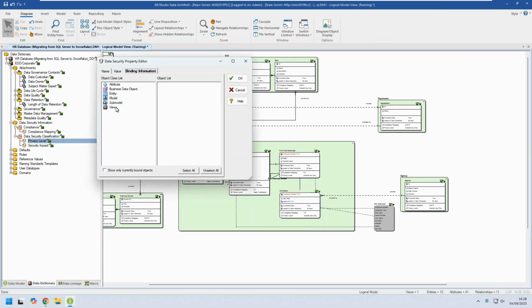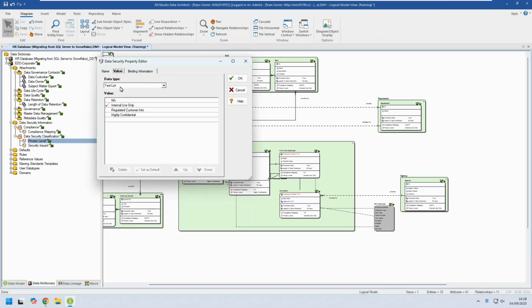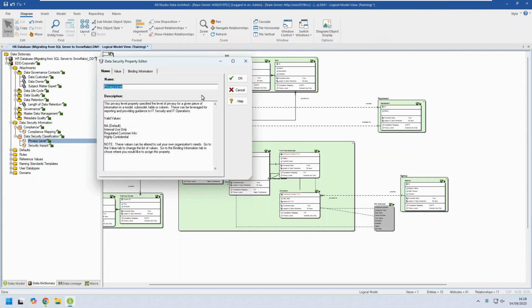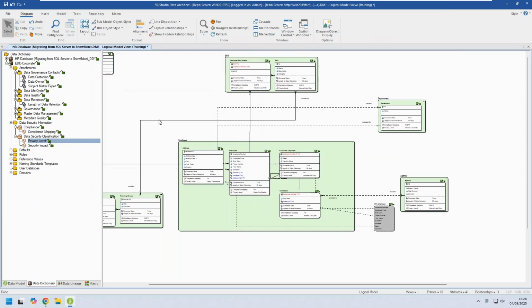The final one I'll just pull up there is privacy level. Again, this has got a list of values. Is it internal use? Is it regulated? Is it confidential? So I can have any number of these, and I can apply them onto the different objects within my data model. So in fact, if we just zoom in a bit there,